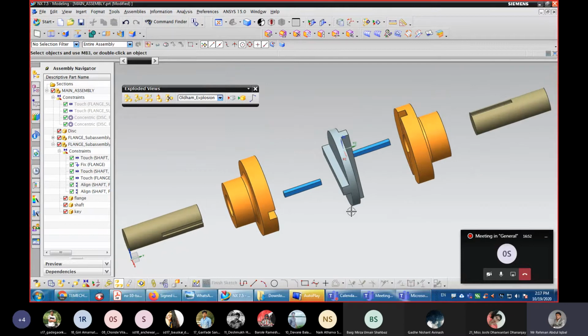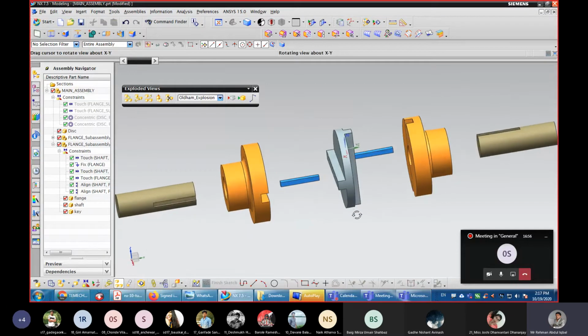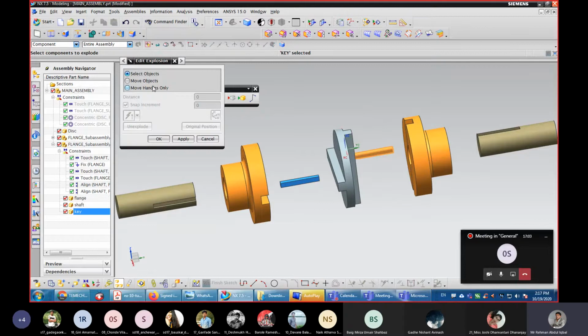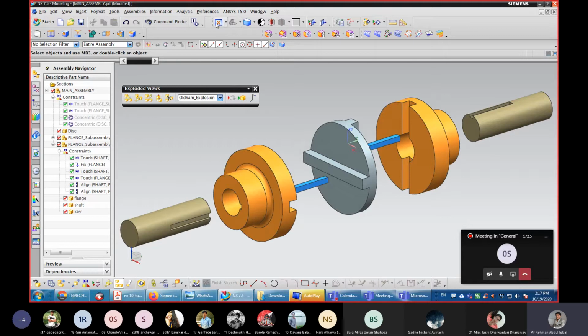See this shaft, it has been moved, and this key we will also move a little bit, by 10. So this is the explosion.